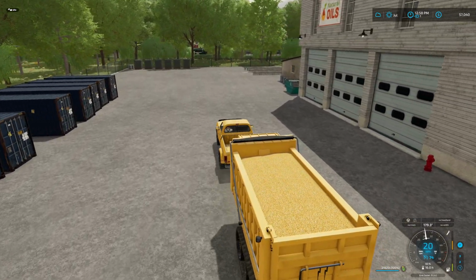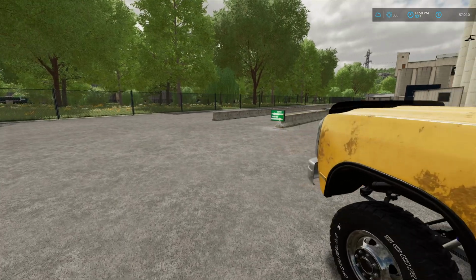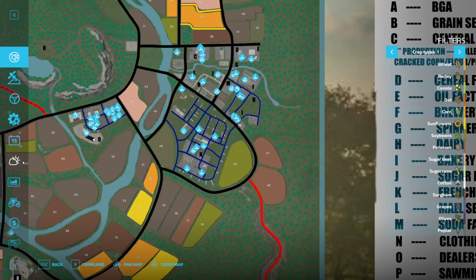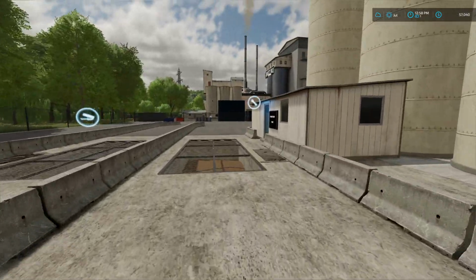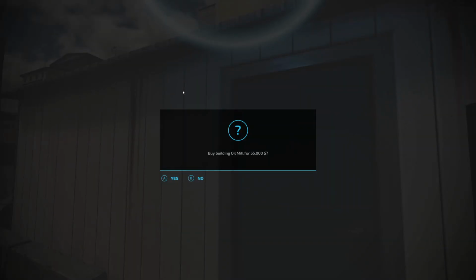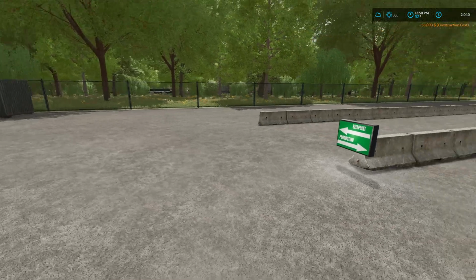Got a load of corn here. We're headed down to the oil mill. We're going to buy the production, and then we have another production that we're going to purchase at some point as well. What we're going to do here, let me turn on the triggers because I'm not there. It is straight ahead. And let's see, how much does this thing cost? 55,000. All right, so we need to make sure we put the corn into the correct